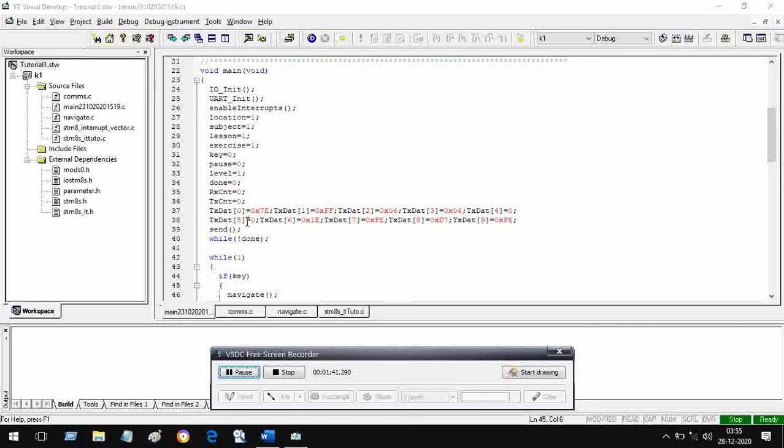So tx.5 and tx.6 should contain anything from 0 to 30. So together we have 0, 1e, 0, 0, 1e, which means 30. So I set the volume at max, which is 30, and I have sent this data, right?